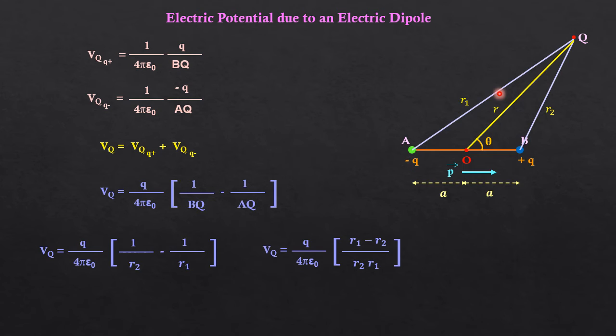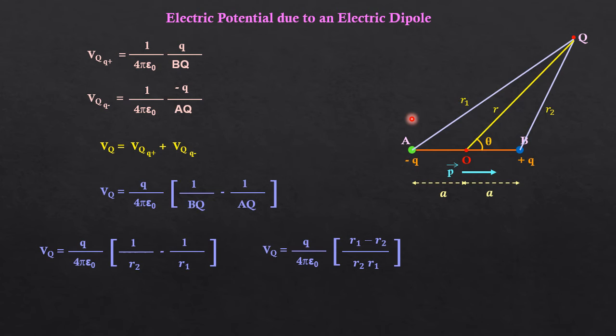Here one problem is there. We have defined the point in terms of R and theta, but we have two additional distances here. They are R1 and R2. So our aim is to write the potential in terms of R, theta and A. We don't want to increase the unknowns. So let's write R1 and R2 in terms of R, theta and A. For that, what you can do,